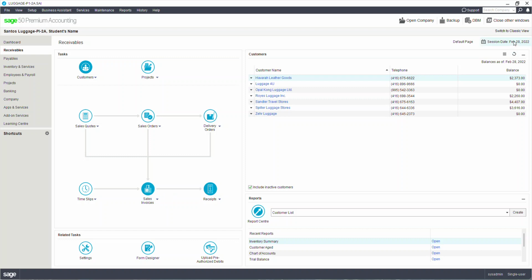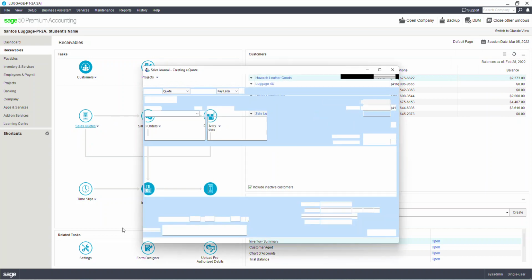Okay, so the sales code is on March 5th. So first I change the session date to March 5th. As I mentioned, I like to change the date as the transaction goes. So I change my date to March 5th. Now I create a sales code. I'll say create a code